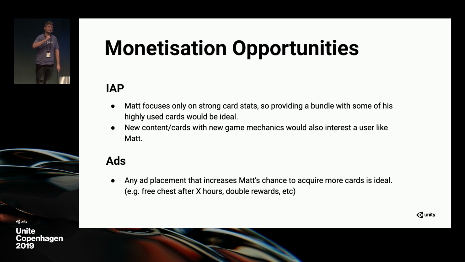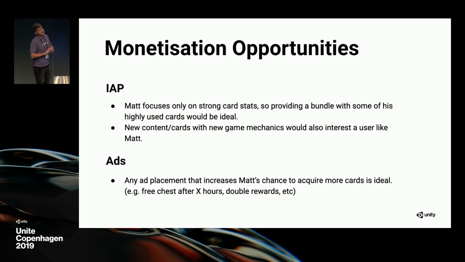Also, when you develop a game, well, you always have some new content or new levels in plan. Whenever you release that, make sure that once Matt enters the game, he has this offer to buy the new content in the very first second, because those kind of players, they love getting the new cards to show that, oh yes, I got them, I'm gonna win everyone in the match. And in terms of ads,